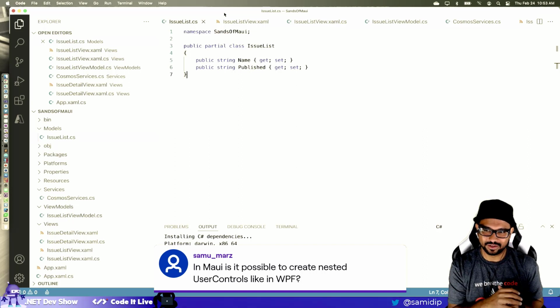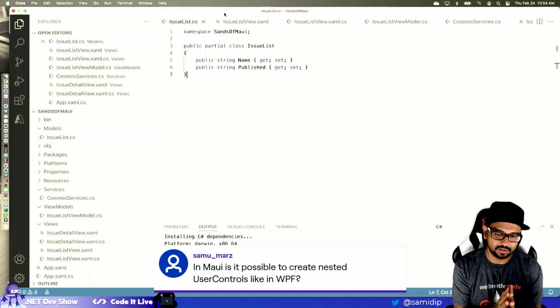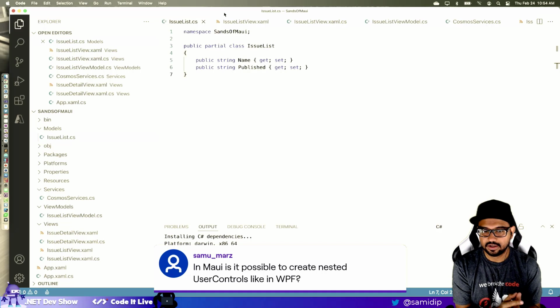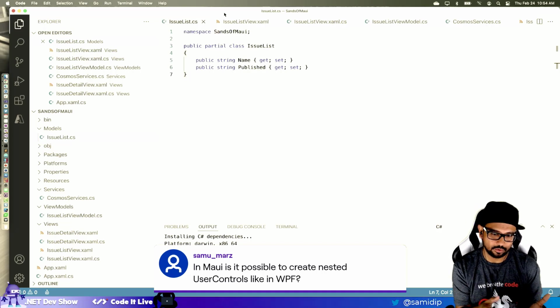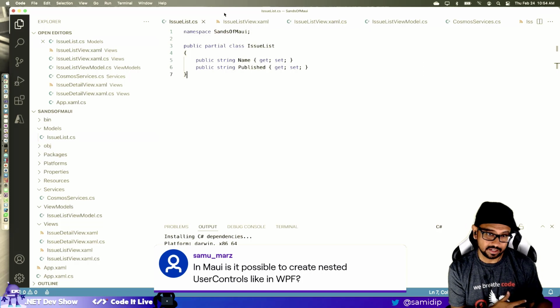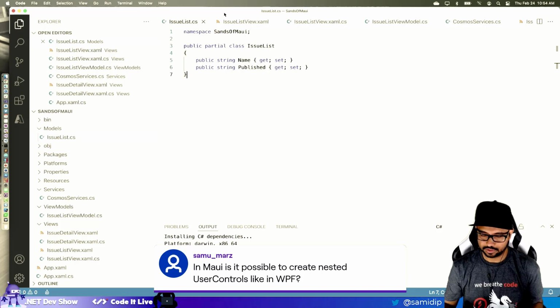But the question is, can you create nested user controls? Yes, absolutely. Nothing's stopping you. This is pretty much the same as what we did with XAML or with Xamarin Forms. Now it does reach desktop, and you have multiple ways of doing things. You can write your code entirely in C#, or you can bring in Blazor because you have a nice web view. So yes, the answer is yes.